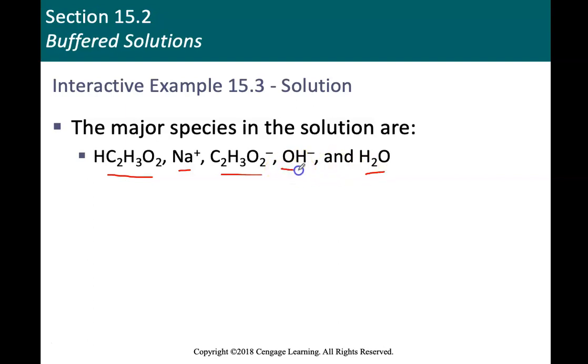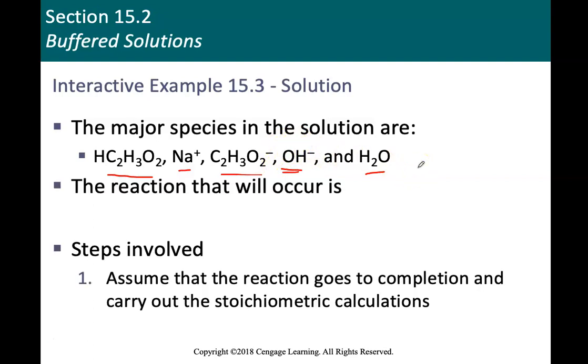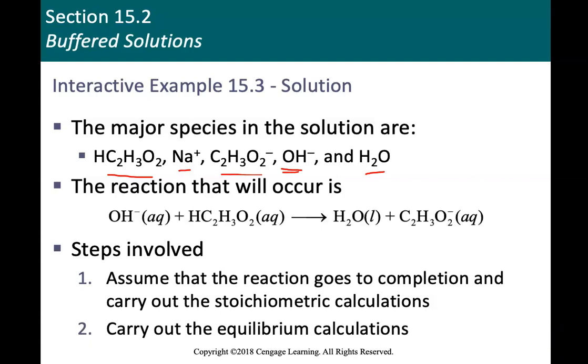And now because we're adding sodium hydroxide, we're also going to be bringing this in. So let me solve the equation. What happens when we add sodium hydroxide into a buffer? Let me just write the equation. It'll be NaOH